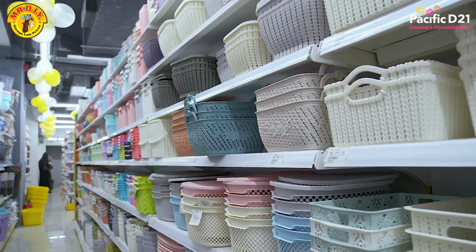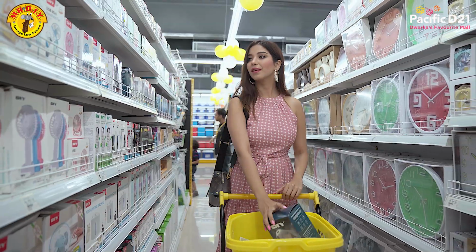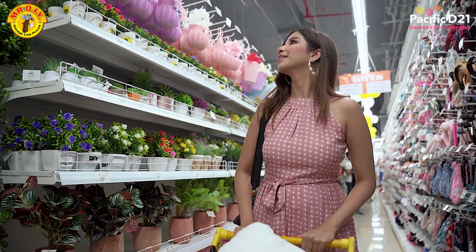From household to washroom, kitchen amenities, DIY has got you all sorted. The best part is that it's all on 50% off, which means only in 59 you can get your hands on